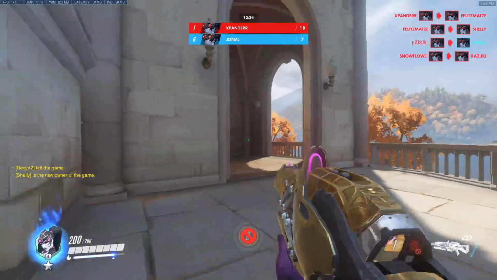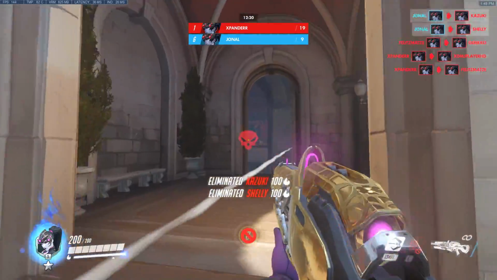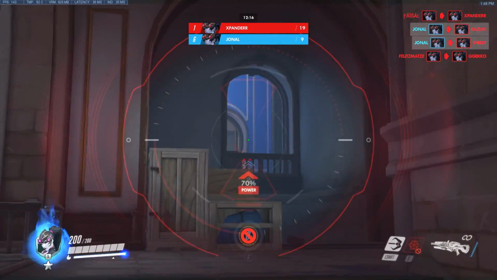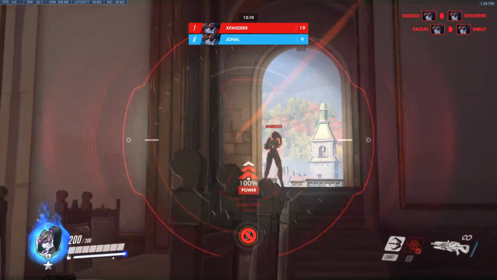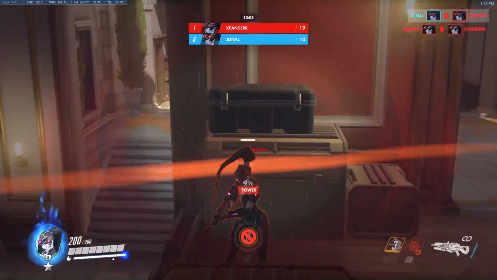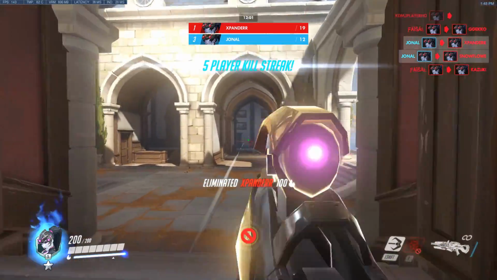Now let's talk about how to improve as Widowmaker. More importantly, we're talking about how to improve your accuracy and essentially how to improve your headshot accuracy, because that is the important part of a Widowmaker's kit. That is one of the few problems with Widowmaker and why she is really strong and really broken in very high elos, and very much a niche pick, or you could say almost a bad pick in